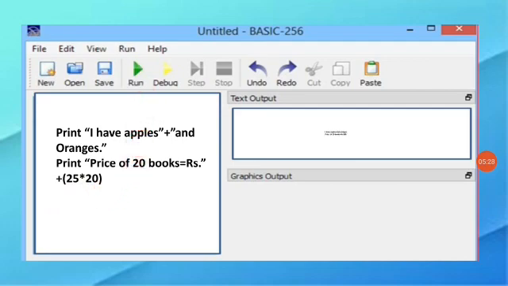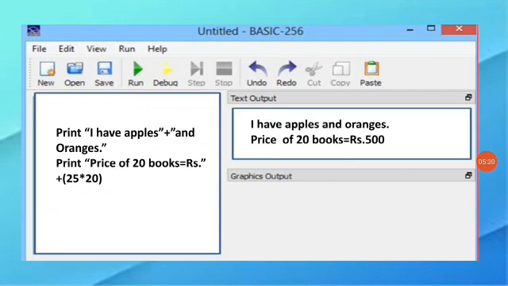Run the program. I have apples and oranges. These two strings are joined here. Next, the price of 20 books equal to rupees, and we are using the plus operator, right? So the price of 20 books is calculated and printed here as rupees 500. Okay children, is this clear?